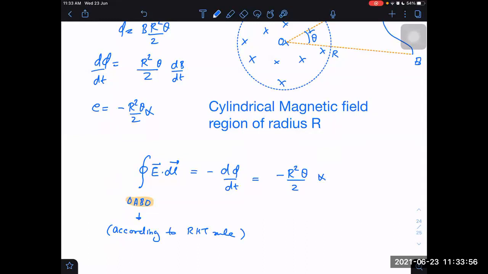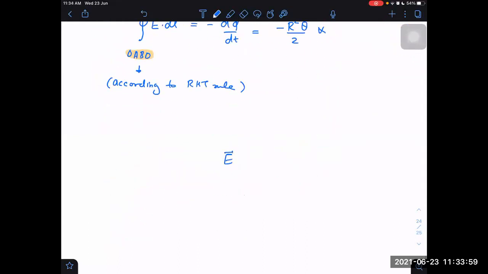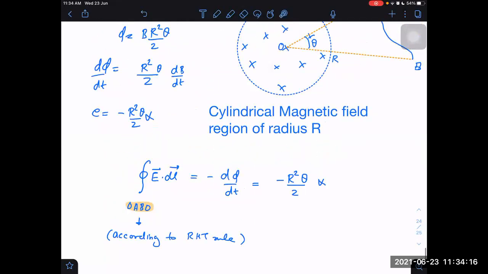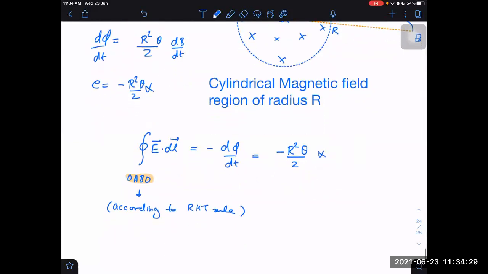So if I want to write E dot dl, let me write it in a proper way: minus d phi by dt along, let us say, b cap direction. Not that also. Wait, just leave it. Sometimes this loop may be in three dimensions, but if it is in two dimensions, then this will always work. Then I could write the direction like b cap, and now it will become opposite to b cap, meaning it is not in the downward direction, it is becoming upward direction. Anyway, forget that sign. Just think about direction separately.